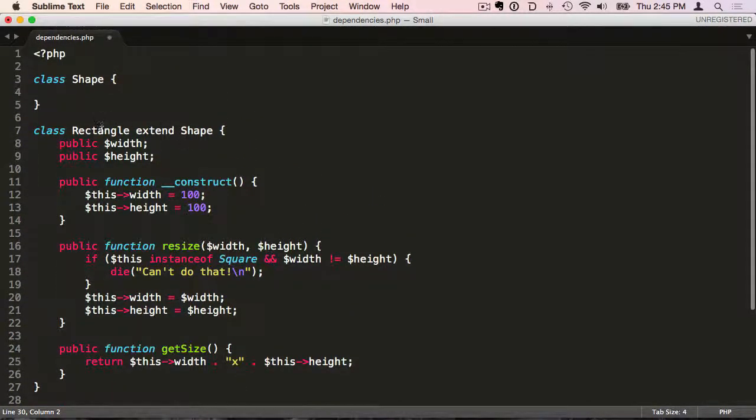So now rectangle and square both depend on shape. Now say we want to get rid of this. What we might say in shape